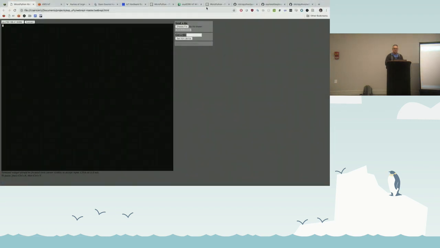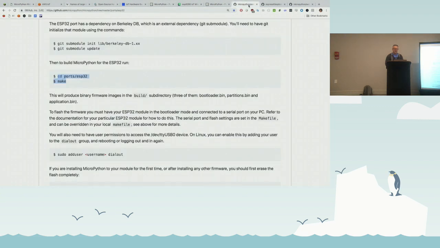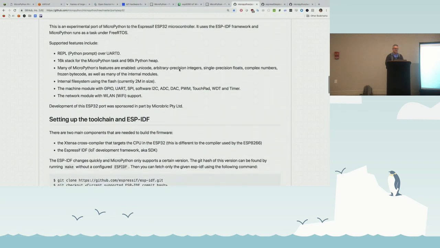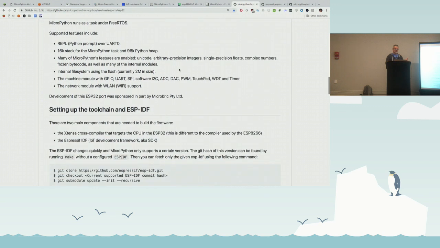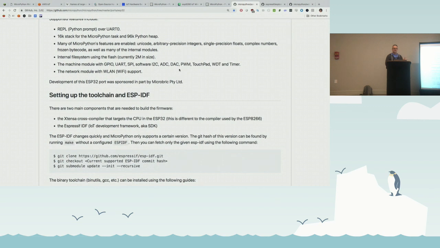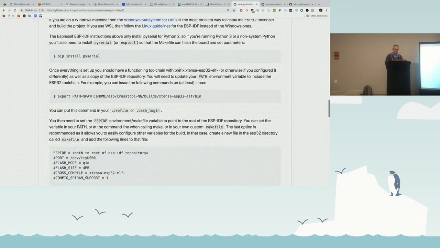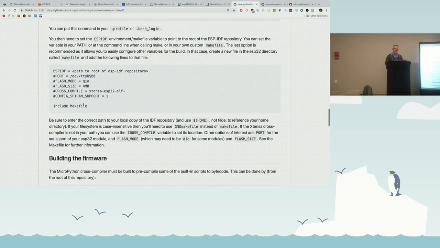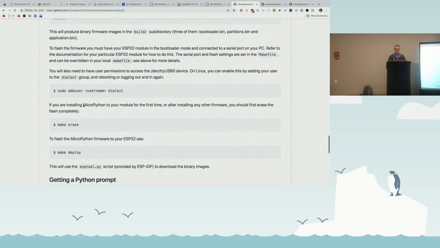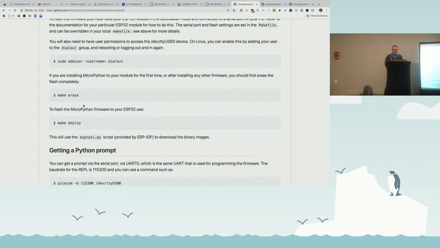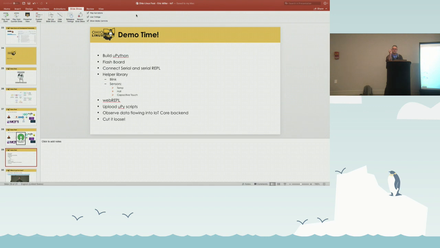So I'll quickly just show you where I got that from. Those instructions are here. On the ESP32 port, there's a step-by-step how to set up the environment. I just did it in Vagrant. That's the only difference. You can do it on VirtualBox. You can do it on another VM. You can do it in Docker. Then I set up the environment and the tool chain. I did all this, set up the environment variables, and then I built the firmware, right? And again, I'll put this in the repo so you can get to these links if you want to. So that's how you build MicroPython, and that's going to produce for us a single bin file,